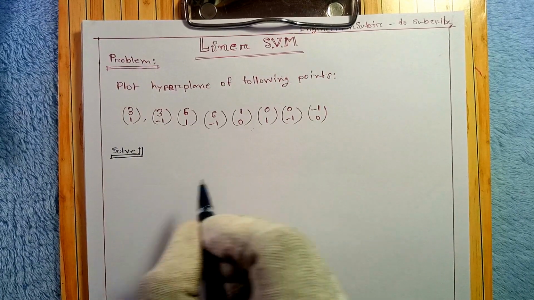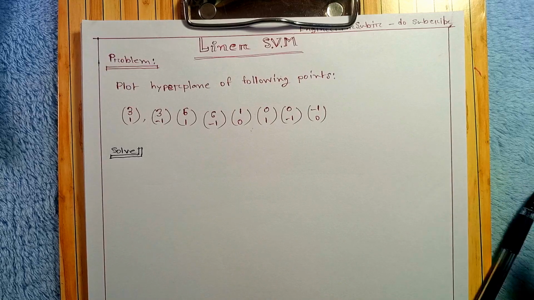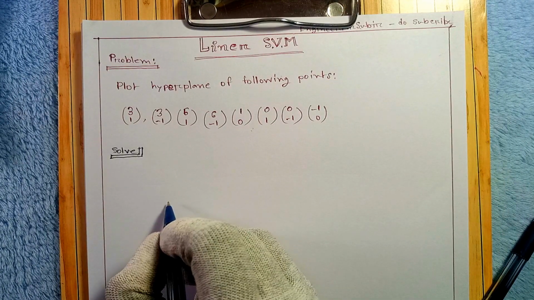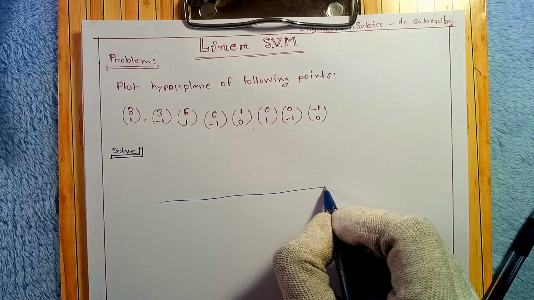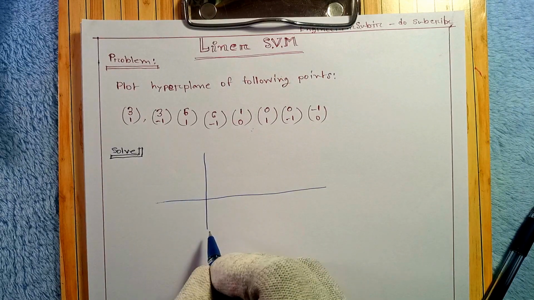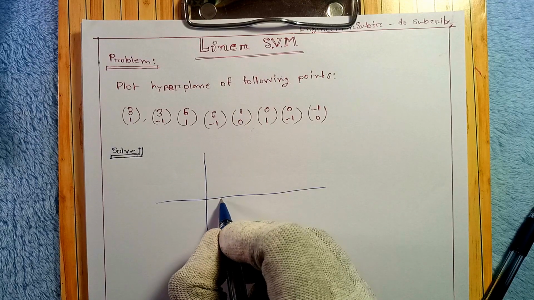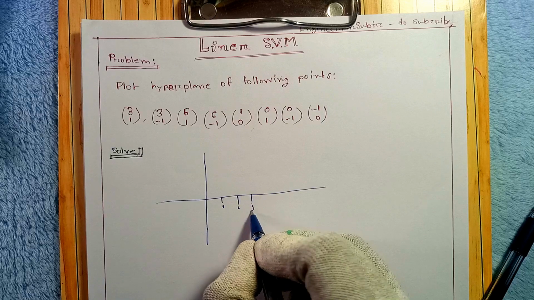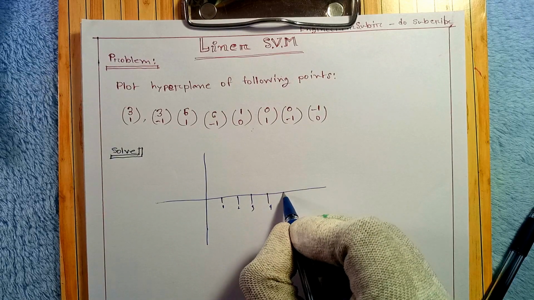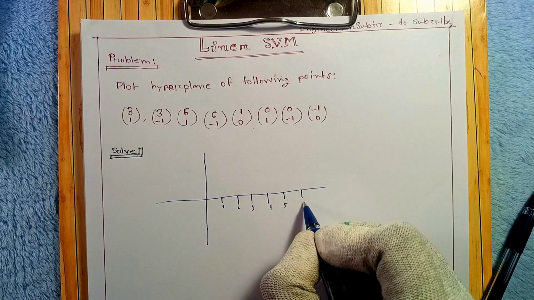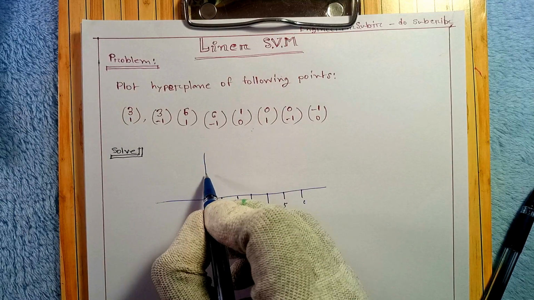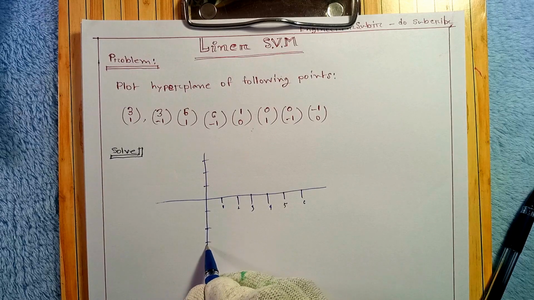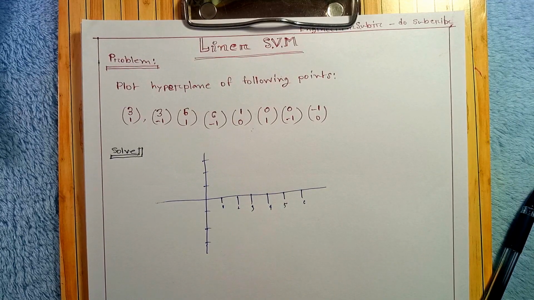So let me draw this graph. So this is the graph. Okay, so this is 1, this is 2, this is 3, this is 4, this is 5, and this is 6. Similarly, this is 1, 2, 3, and 2, 3. Okay, so now